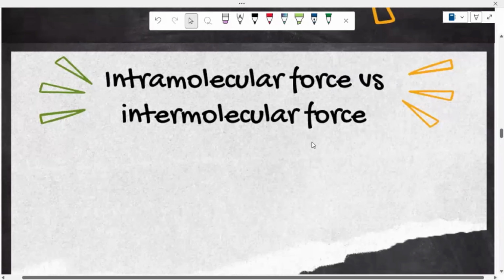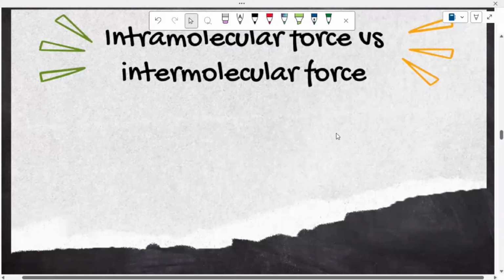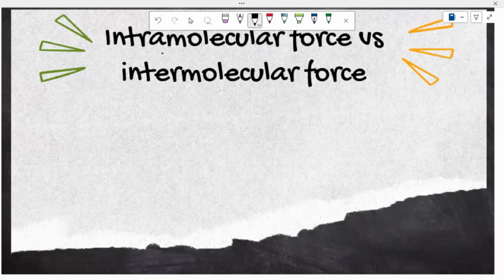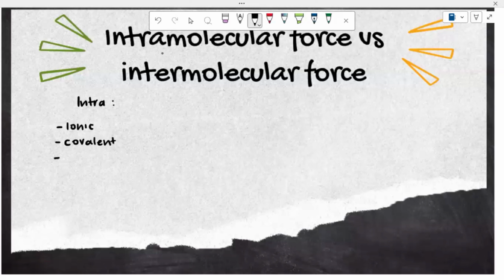Okay, so here I want to know what the difference of intramolecular forces versus our intermolecular forces are. So remember at the very beginning, I did tell you that the bonds within the molecule, because this intra section here means it's within the molecule, so it's between atoms, whereas our intermolecular forces are between molecules, right? So we've already gone through our intra, so I'll write it here. Intra, we have our ionic, we have our covalent, and we have our metallic,